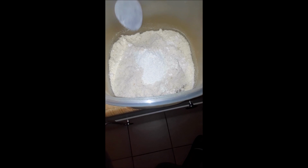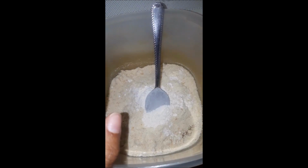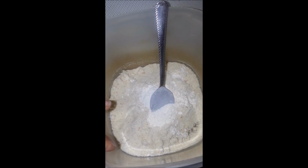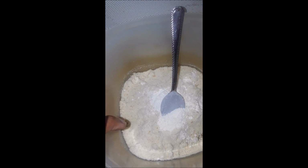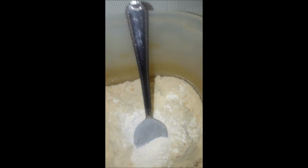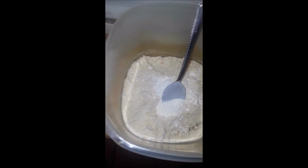This is all-purpose flour right on top here that I just scooped in there. It's in this container right here. All-purpose flour, almond flour. I got it from Trader Joe's. They only have one brand, so yeah. And a dash of cinnamon, or probably a teaspoon or two of cinnamon, brown sugar, and I'm going to add